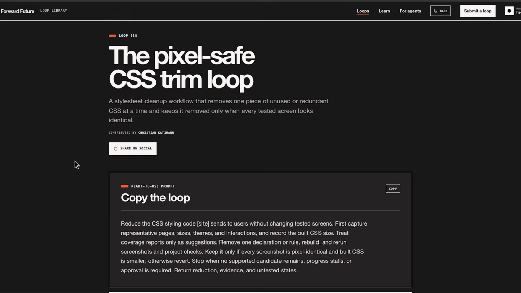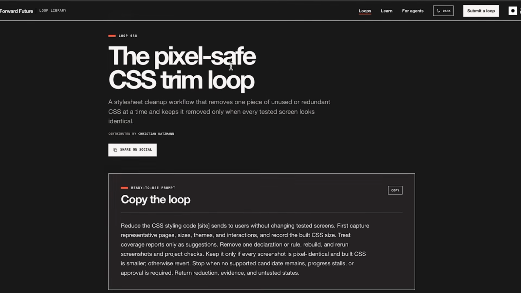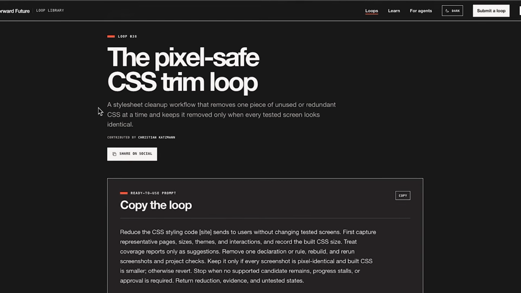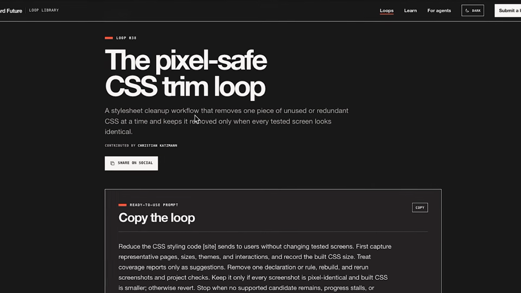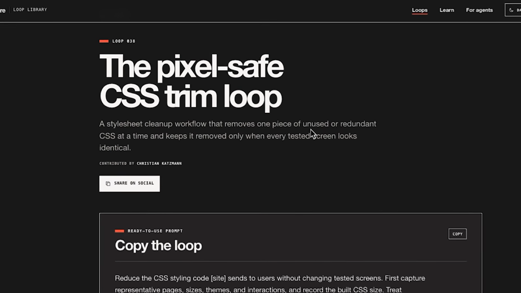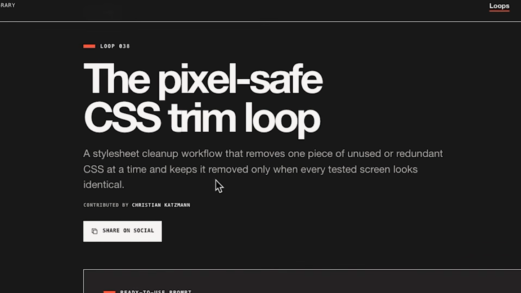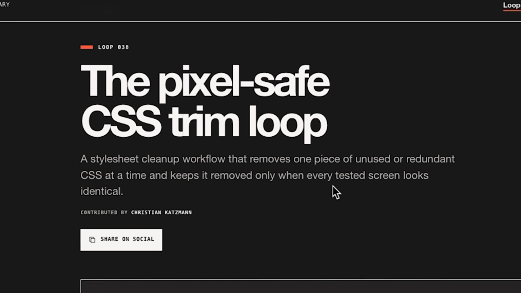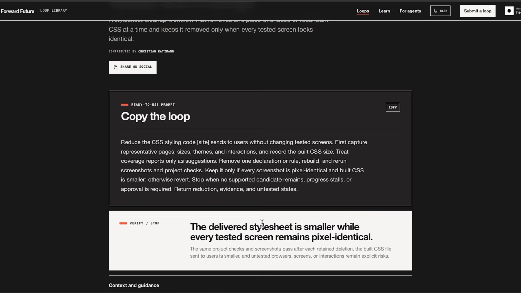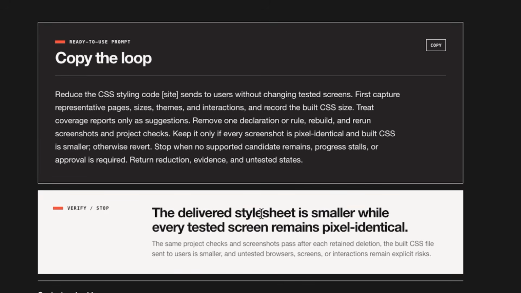Loop number 38, the Pixel Safe CSS Trim loop, a style sheet cleanup workflow that removes one piece of unused or redundant CSS at a time and keeps it removed only when every test screen looks identical. The verify stop is the delivered style sheet is smaller while every tested screen remains pixel identical.